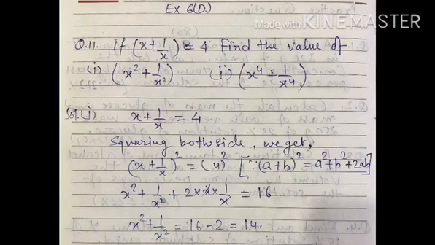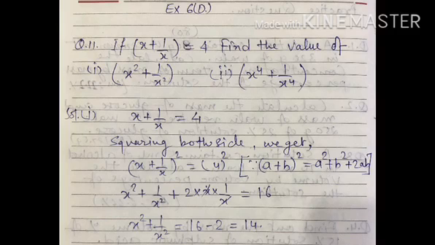If x plus 1 upon x is equal to 4, find the value of first, x square plus 1 upon x square, and second, x with the power 4 plus 1 upon x with the power 4. Now the solution. x plus 1 upon x is equal to 4 from the question. This is the given portion. Now squaring both sides, we get (x plus 1 upon x) whole square is equal to